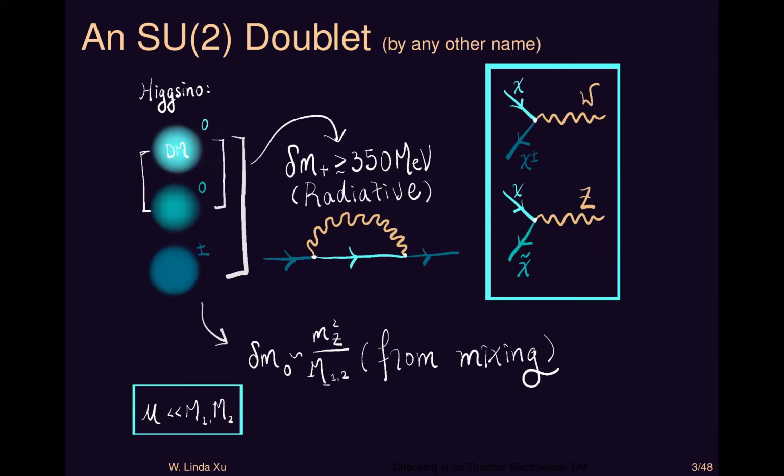Okay. So I'm going to call this object a Higgsino, but you do not have to necessarily buy into the framing of what that should mean. Ultimately, for all of that to matter,